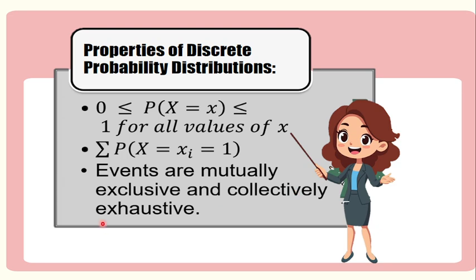Si collectively exhaustive naman are events such that at least one of the events must occur. So meron tayong mga common experiences that involve these two events that are both mutually exclusive and collectively exhaustive. So for example,